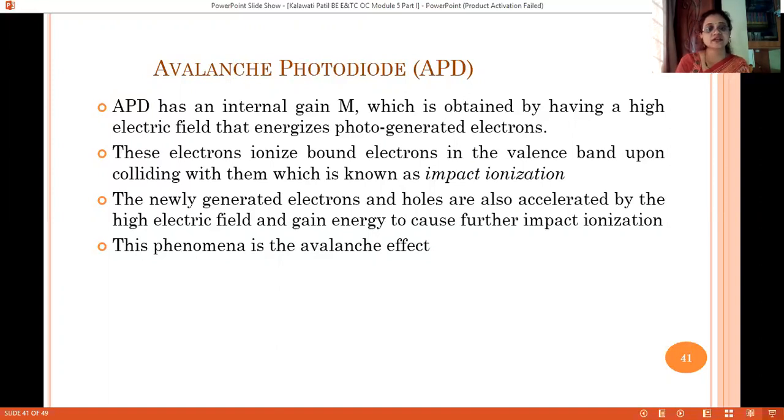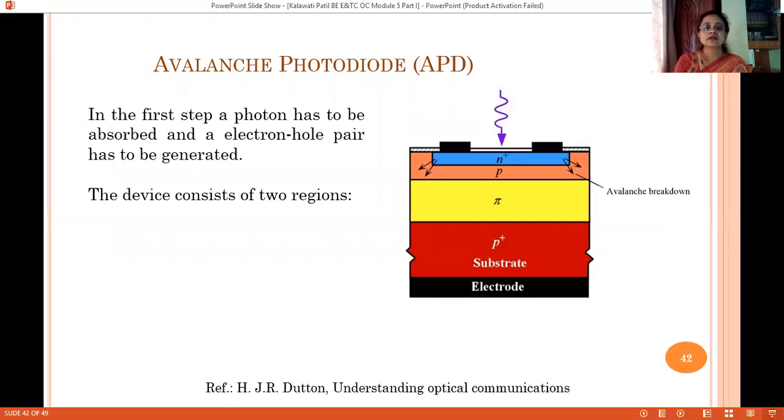These newly created electrons and holes will be further accelerated by the high electric field, and this mechanism goes on continuing, and we call it impact ionization, and this phenomenon is termed the avalanche effect in semiconductor devices. So by making use of this phenomenon of impact ionization in the avalanche photodiode, we get a new modified photodiode which is called the avalanche photodiode.